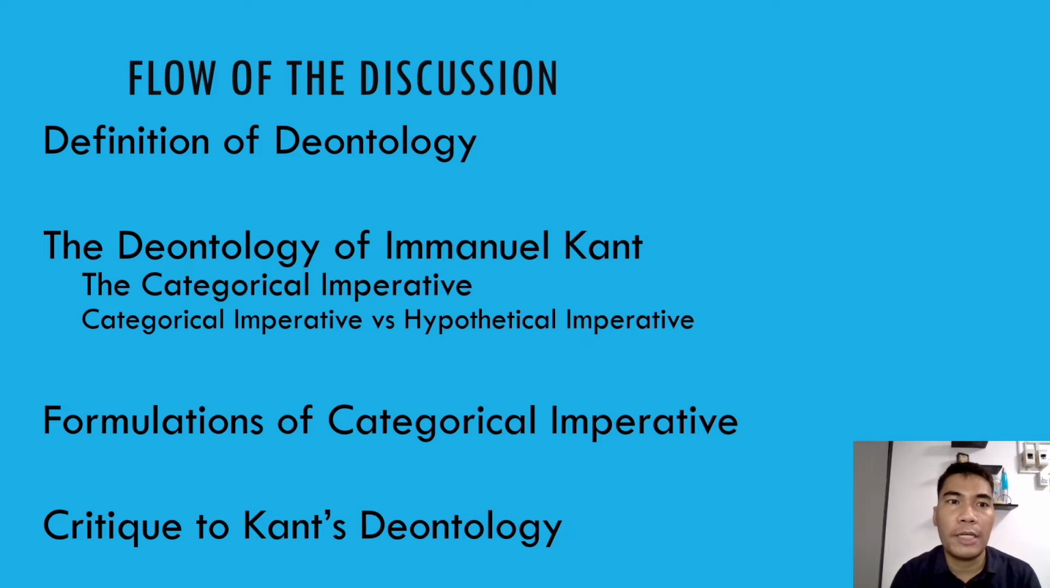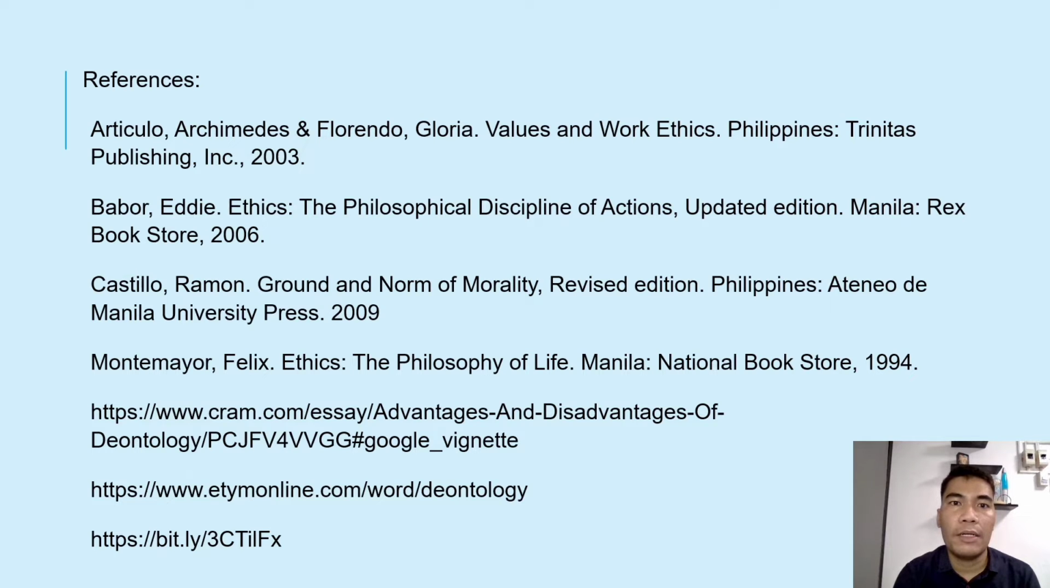This is the flow of our discussion. We begin with the definition of deontology, then the deontology of Immanuel Kant, which is the categorical imperative. Under that, we'll discuss the contrast of categorical imperative versus hypothetical imperative. Then we have formulations of categorical imperative and then the critique of Kant's deontology. Here are the references that we'll be using: the books of Articulo and Florendo, Babor, Castillo, Montemayor, and other internet